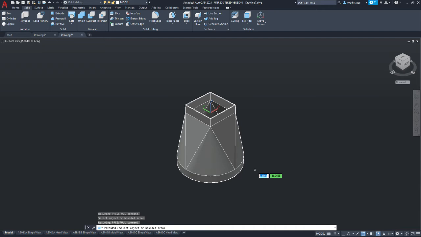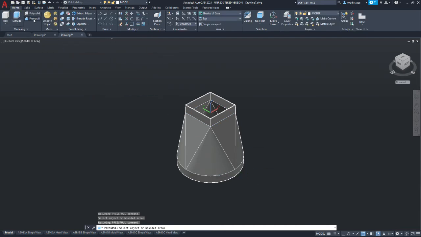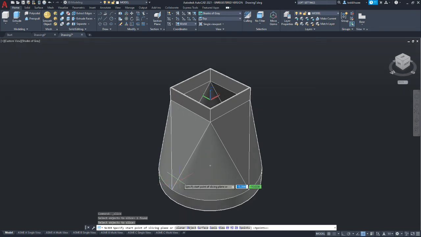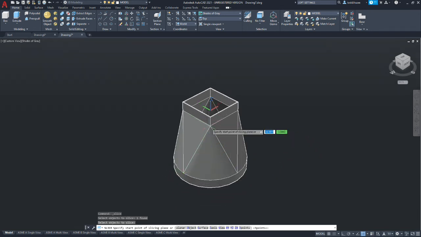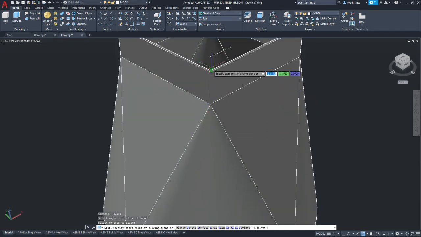So now, again, we're going to slice this in half. We're going to go back to the home tab and use slice, and we're going to slice our solid. We're going to hit enter, and we're going to do 3 points. So go ahead and select 3 points that can slice this part.